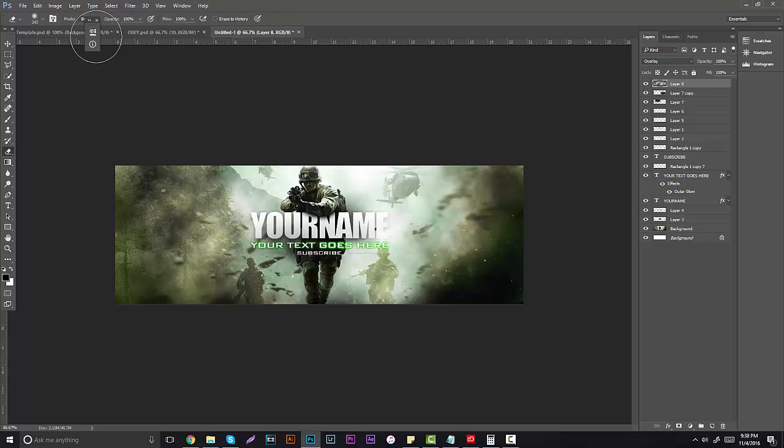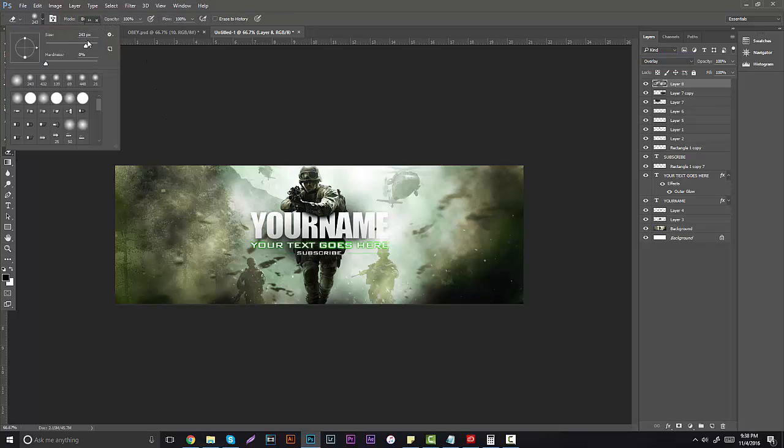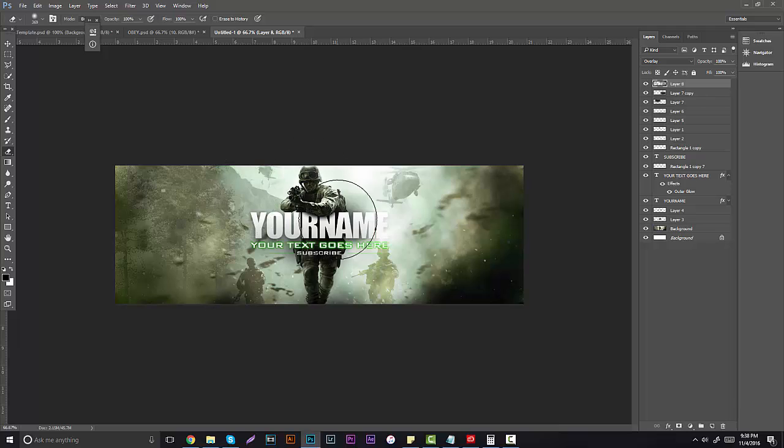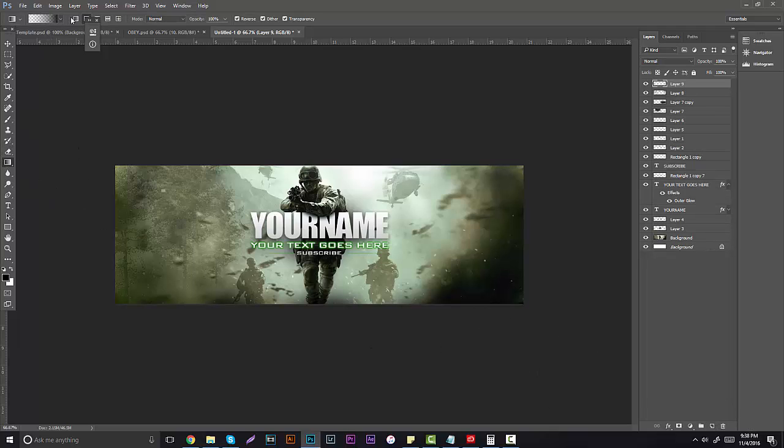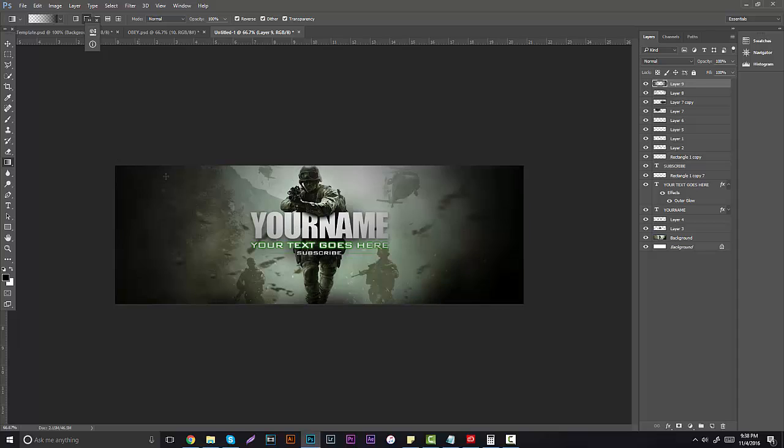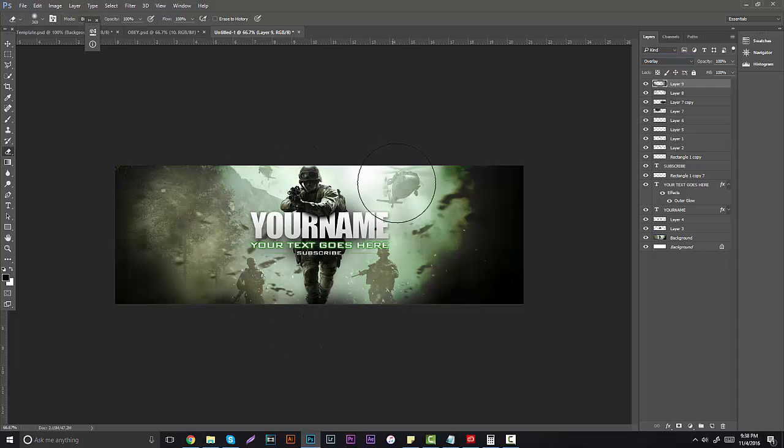And then I'm gonna take my eraser, and I'm just gonna erase random spots to kind of change things up a little bit. And then I can make a new layer, of course, and you guys can add gradients and stuff like that. I'm not too much of a fan, but you can add a very radial gradient and put it on overlay, and erase like that, so you have a very in-depth grungy feel